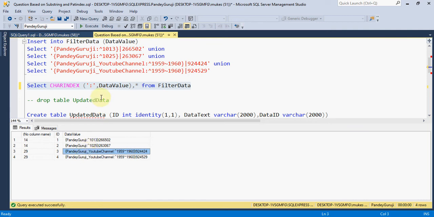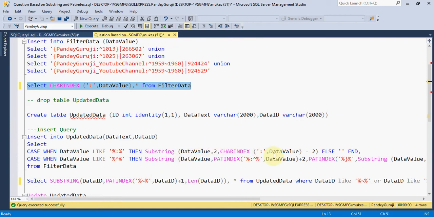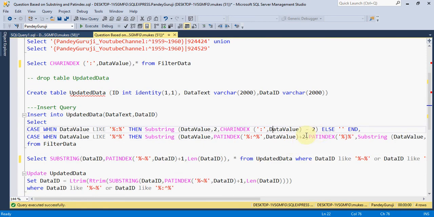If you add any value between the Pandey Guruji YouTube channel, it will give the exact value, so there is no need to hard code any value. It will basically give the position. If the value is structured, then if there is no value, it will show an empty value.